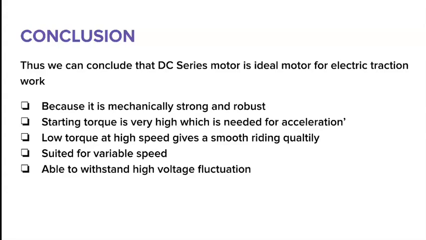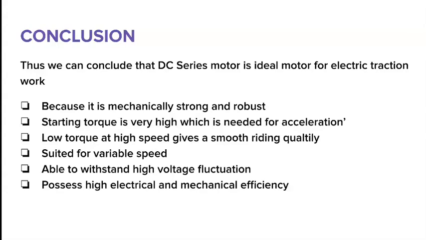And apart from all these points, we have some backup points, that is, it is able to withstand high voltage fluctuation, possesses high electrical and mechanical efficiency, and is capable of taking overload. So students, at the end of the video, you all know now what are the desirable characteristics or the properties of a traction motor, classification of DC motor, characteristics of DC series and DC shunt motor, and with all the characteristics, you have come to the conclusion that why DC series motor is the best motor which should be used